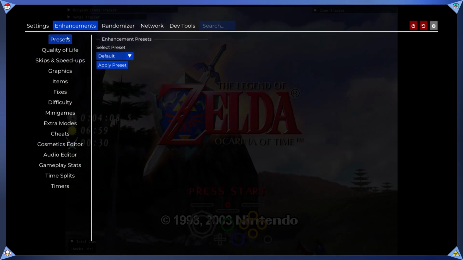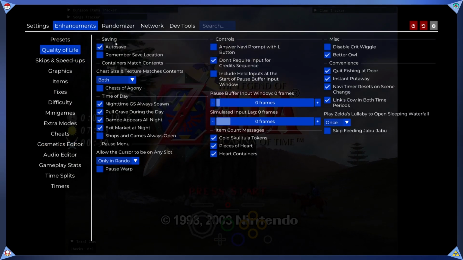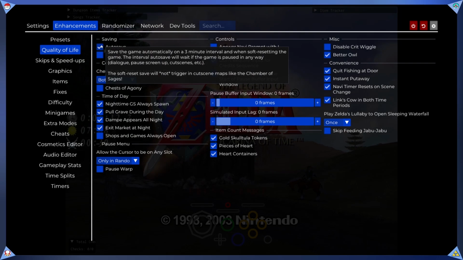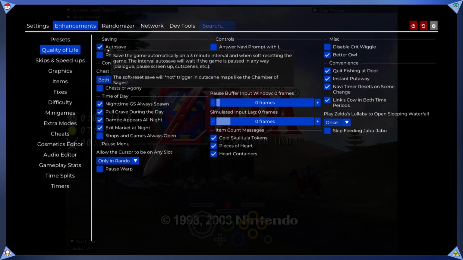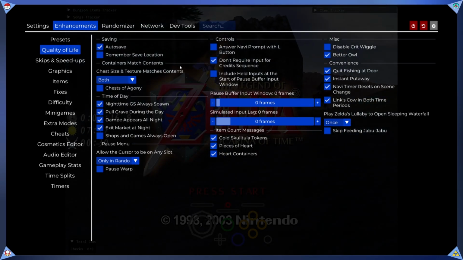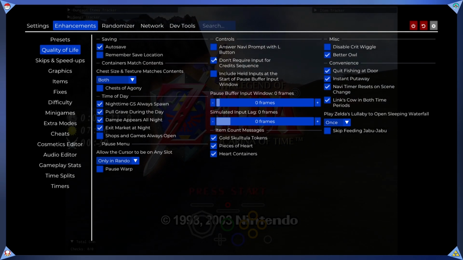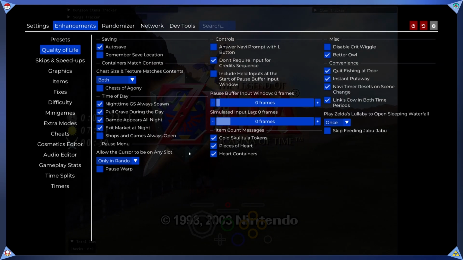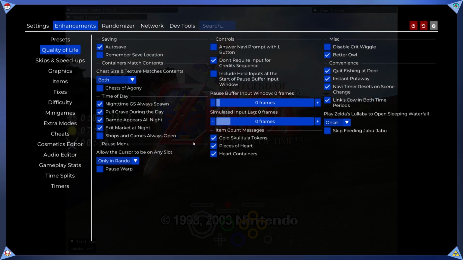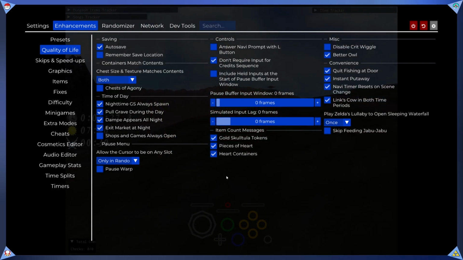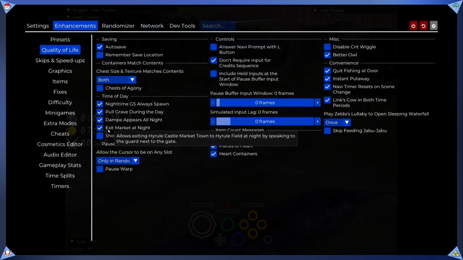Now, regarding enhancements, if you are prone to forget to save, you can set up autosave. It's nice to have. Again, this is under quality of life. Don't require input for credit sequence. You can copy my settings if you are interested, but I'll explain what a couple of these things do, like